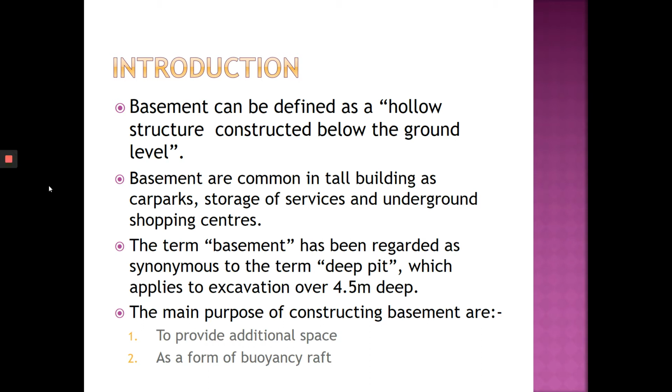A buoyancy raft is actually a type of foundation. It's a hollow box foundation, also known as the floating foundation. But we don't actually cover this under the deep foundation topic.